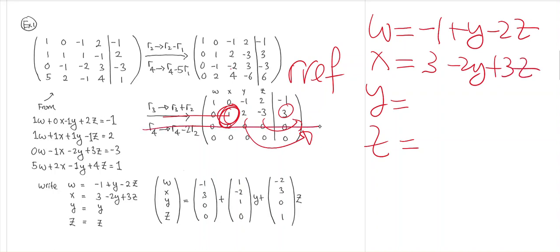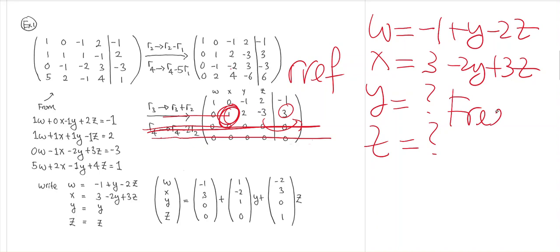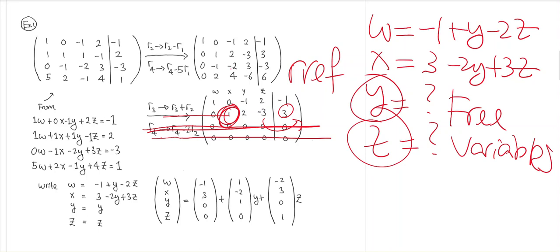What does the third row try to tell you? It tells you nothing, so there's no information here. Same thing with the fourth row, it tells you nothing. So you have no information on y and z, and these are actually the free variables. You are free to vary them. So these are the free variables, the y and the z. Okay, so you can rewrite all this